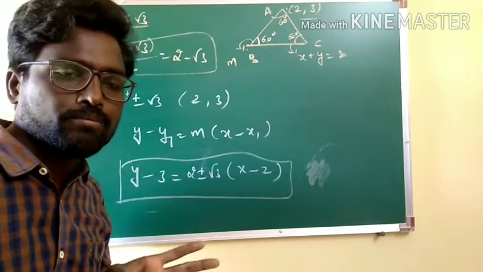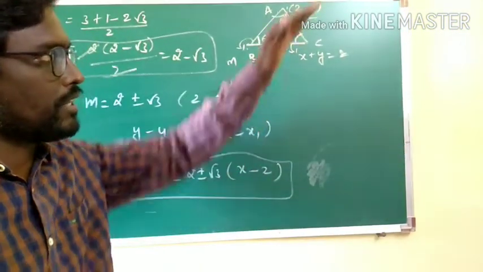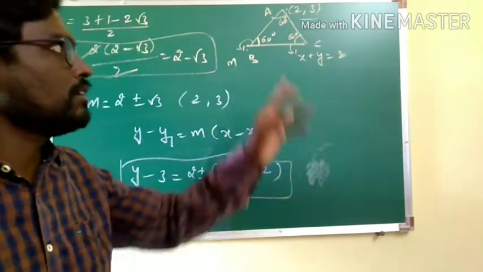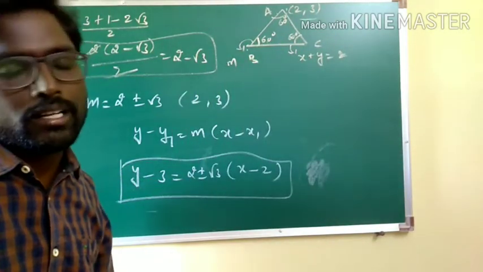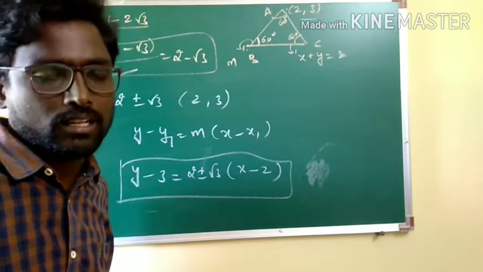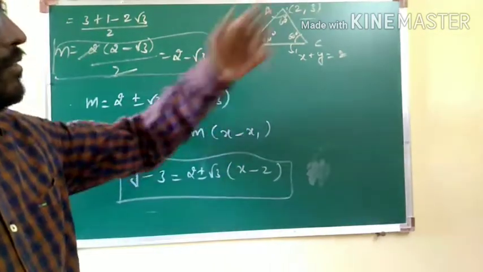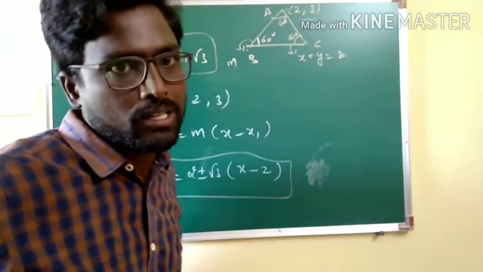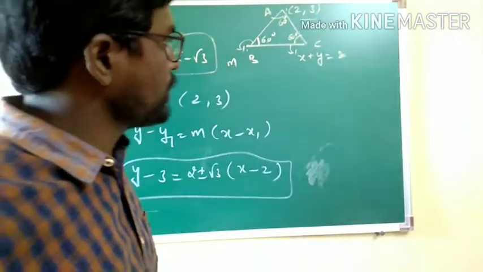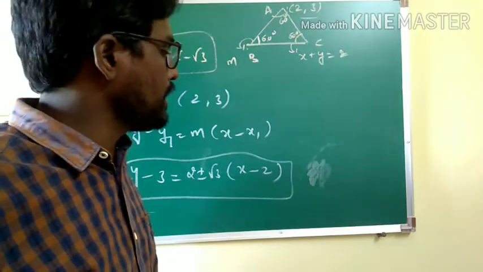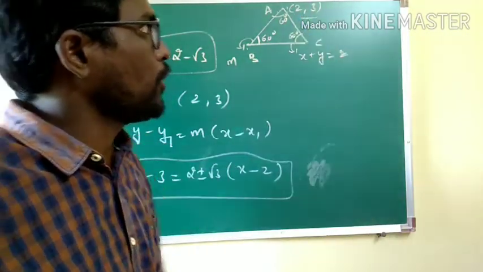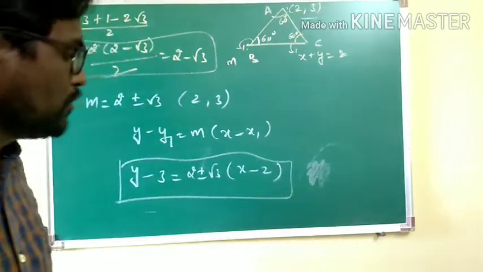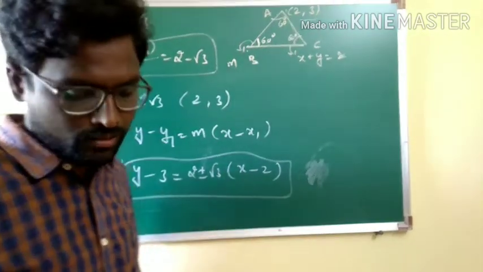What is the idea here? Just logical thinking: we have taken the slope of BC and converted it to y equal to mx plus c format, and the angle, already we know that since in an equilateral triangle every angle is 60 degrees, and using the formula tan theta is equal to mod m1 minus m2 by 1 plus m1 m2, we could trace out the slopes of AB and AC, and those two lines are passing through the point 2 comma 3. Since that is a common vertex for AB and AC, we could trace out the equations.